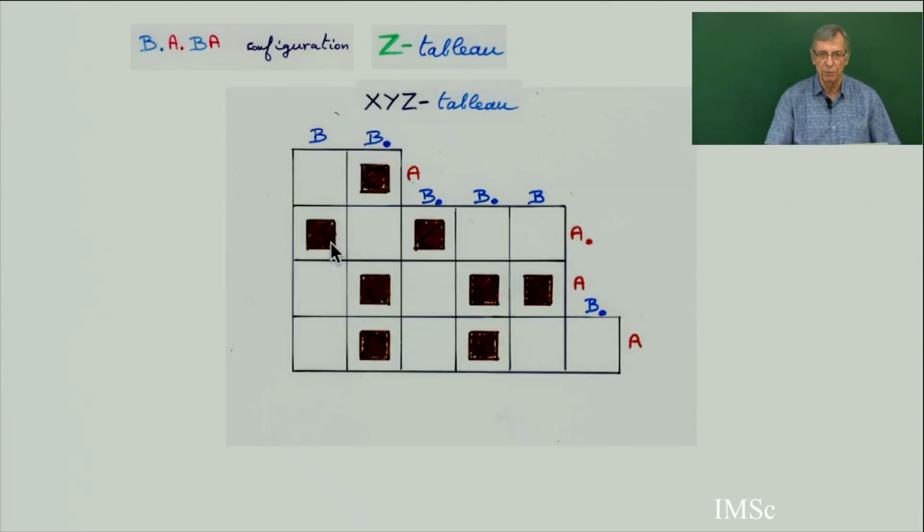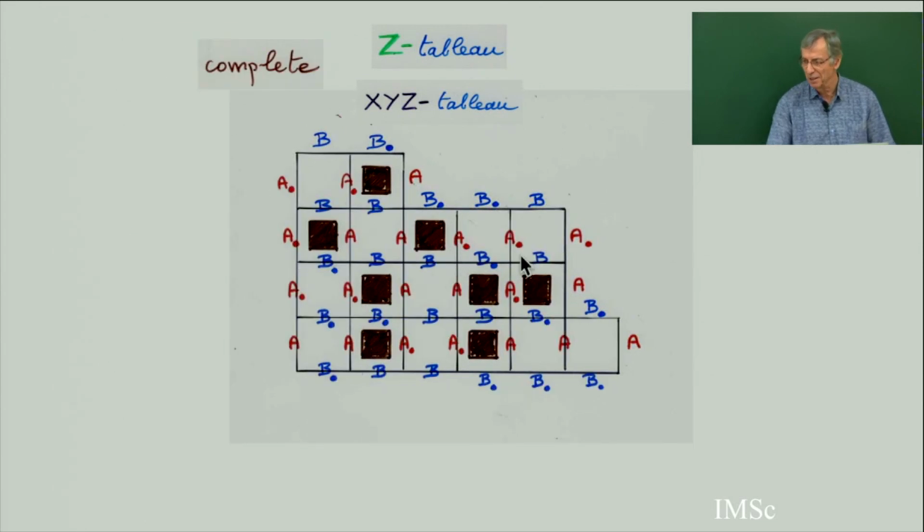So for example, if you give a Ferrers diagram, you give the border with the operator A, B, or with the letter A or A point, B or B point. Previously, I put A prime, B prime for the alternating sign matrices, but maybe for the indices of the Q and the T are indexed by 2 indices with a dot, plain dot, or empty dot. And then you give a configuration. Any subset of this Ferrers diagram gives you what I call a Beabab configuration, a very simple configuration. It's just a subset of the Ferrers diagram. And once you get this, then you can immediately, bijectively, construct the complete Q tableau with the 8 parameters.